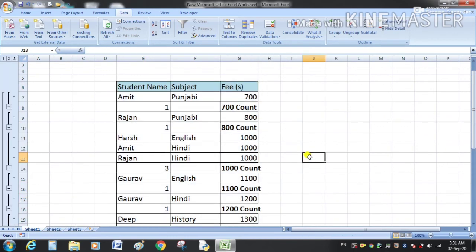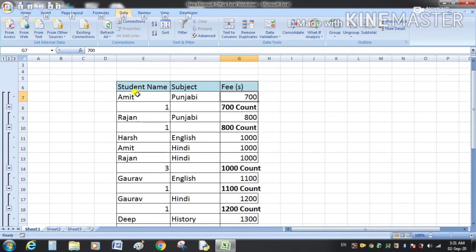You can see 700 fee is paid by only one student. 1000 fee is paid by 3 students. 1100 fee is paid by only one student.